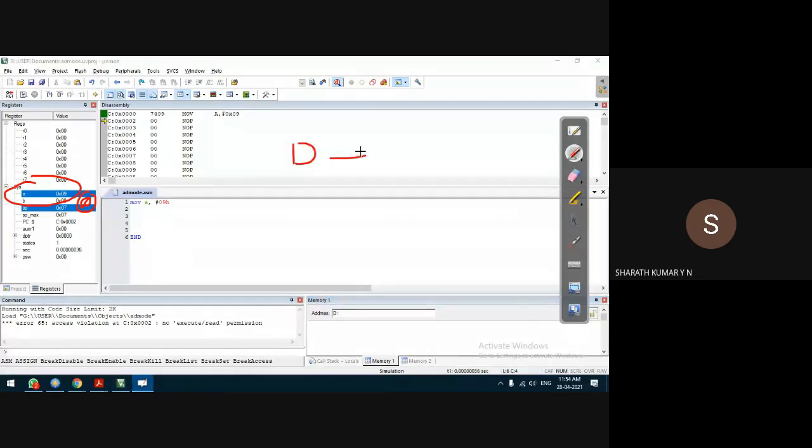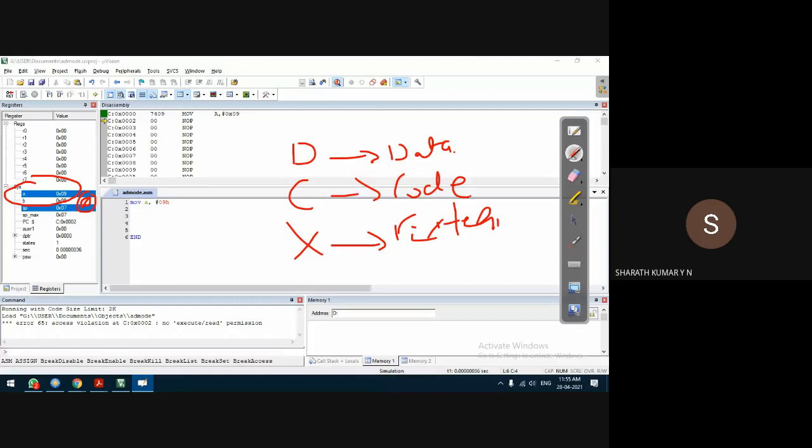One is D for data memory. Another is C for code memory. And letter X corresponds to external memory. So we can observe these three types of memory. I'll show you all the three if possible now.